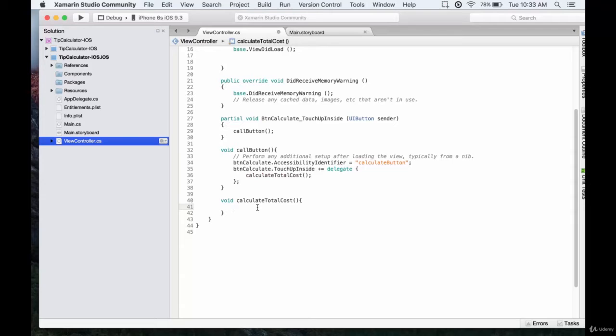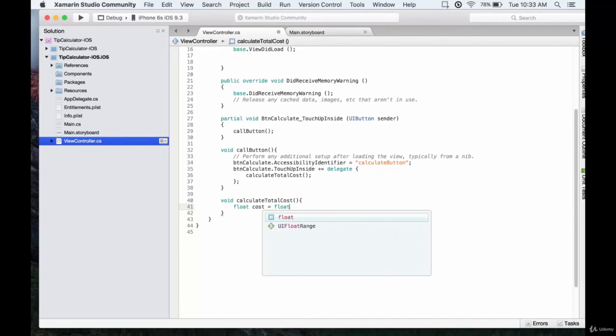Now, how do we calculate the cost? Well, we need to first take in our two inputs, which will be our cost and the tip amount that we want to give, or rather the tip percentage. So let's go ahead and create some variables now. This will be a float, and this will be the cost. The reason these are floats is because they'll be decimal numbers. If they were integers, they couldn't have any of the decimals, so we'll leave them as floats, and we don't need the precision of a double. So we'll say float